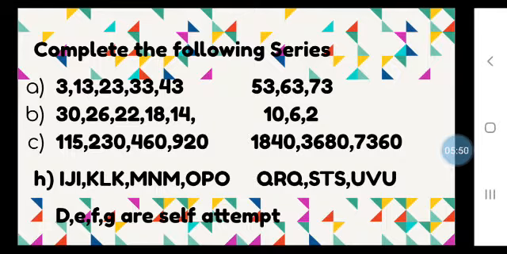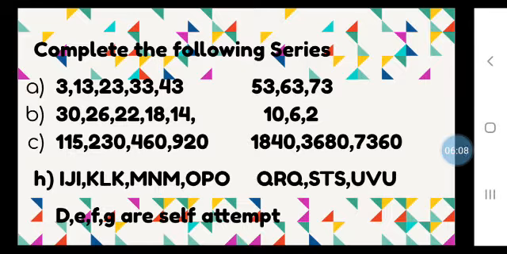I, J, I, K, L, K, A, B, C, D, E, F, G, H, I, J, K, L. So in the next term you have got K, L and the K is repeating. After K, L what do you get? M, N, and M gets repeated. After M, N what do you get? M, N, O, P, O gets repeated.